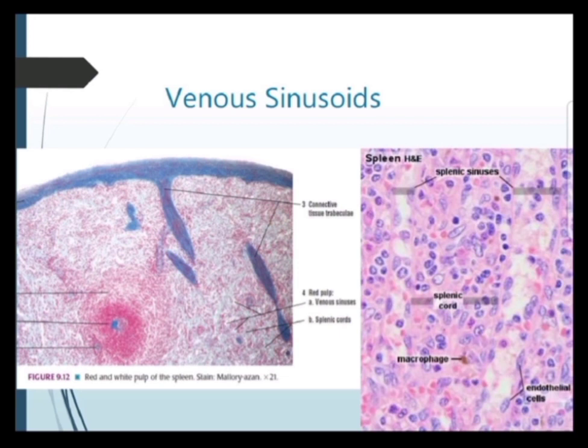Number 3. Between the adjacent endothelial cells are present large gaps that allow the exchange of formed elements of blood between the sinusoids and adjoining lymphoid tissue. So there are gaps in between the endothelial cells. The endothelial cells rest on an incomplete basal lamina and are supported by transversely arranged reticular fibers.